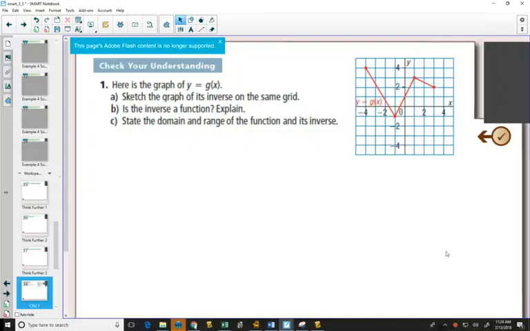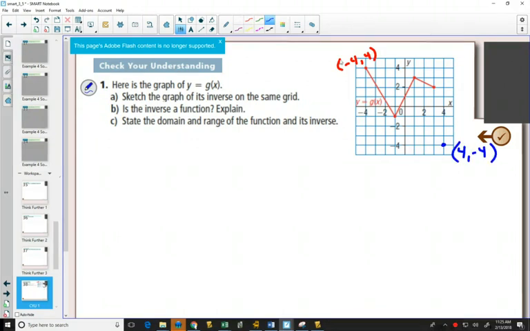We have a graph of g of x. We want to sketch the graph of its inverse on the same grid. So the first thing we're going to look at are points. We have the point here, negative 4, 4. That means on our inverse graph, we're going to have